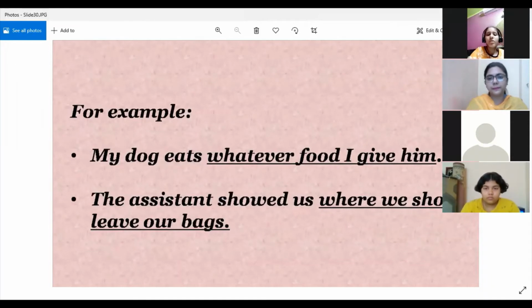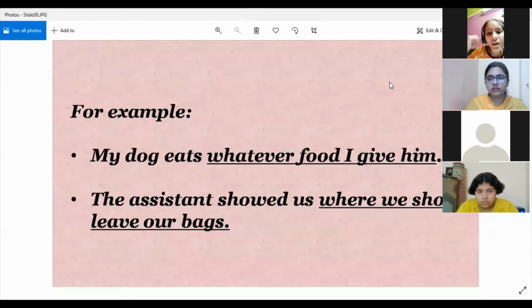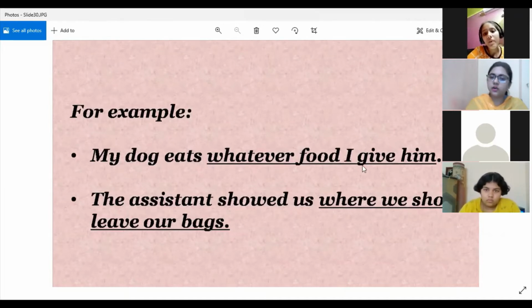Yes, Divyanshi. Ma'am, I want to ask one thing. In a clause, only one word will act as a noun? I did not say that one word will act as a clause. How can a word act as a clause? Ma'am, in a clause, one word will act as a noun. You did not get the concept right. The whole clause will act as a noun. You cannot identify which word is a noun in this case.